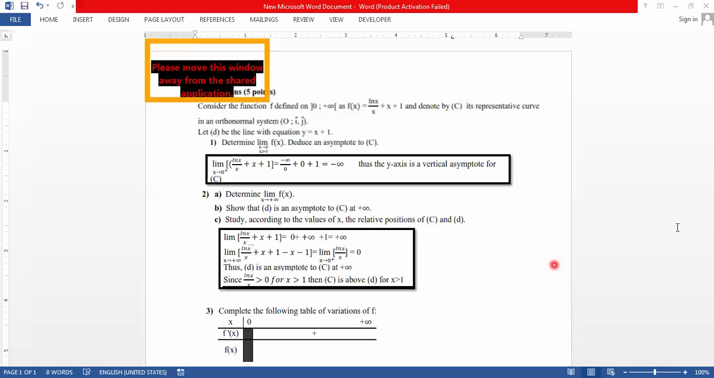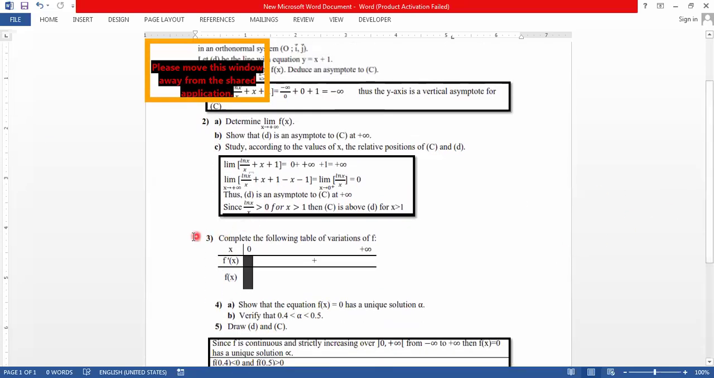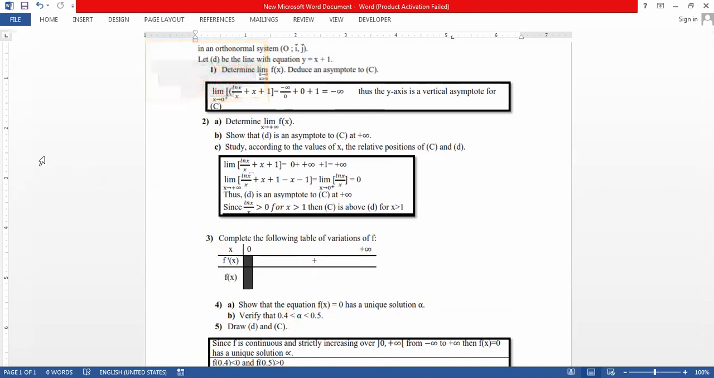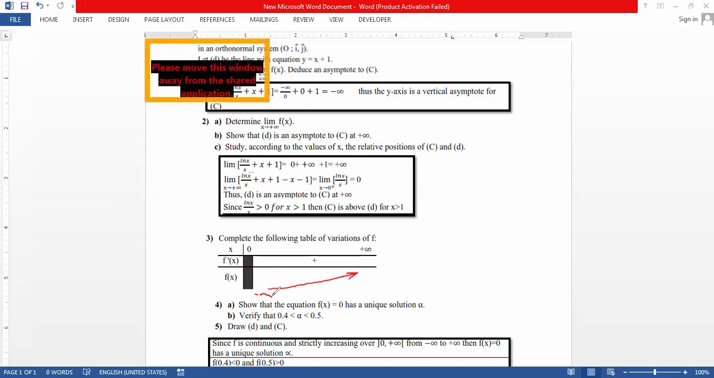After finding the oblique asymptote, they are asking you to complete the following table. As if they are telling you that f prime of x is positive for every x. So no need here to calculate the derivative. See, they already gave you the table. Just complete it. So you don't do the derivative, okay? So it's plus, so you just do an increasing arrow. At 0, we got minus infinity as limit. Okay, and at plus infinity, we got plus infinity. So that's the table. So no need to do the derivative at all. Okay,